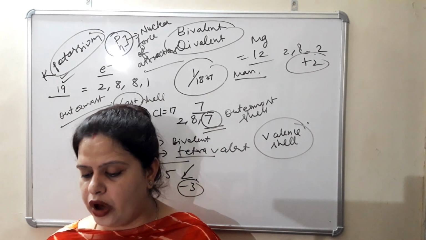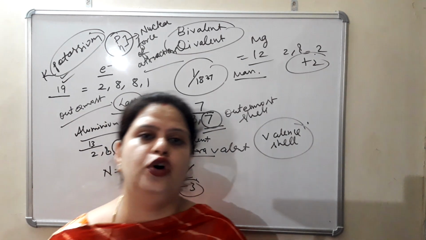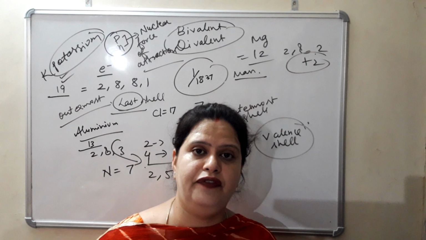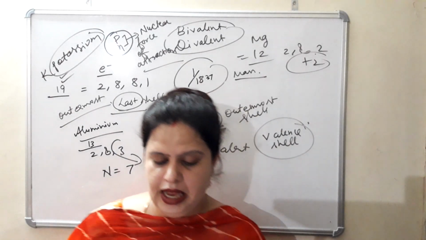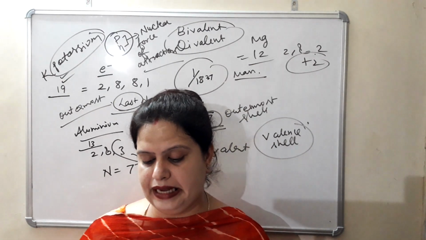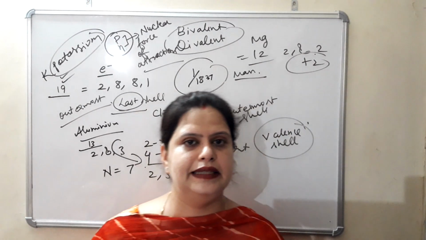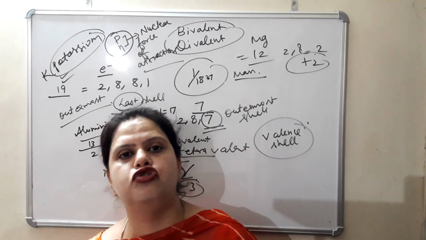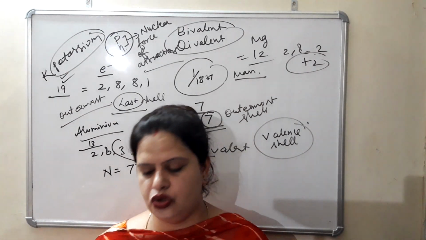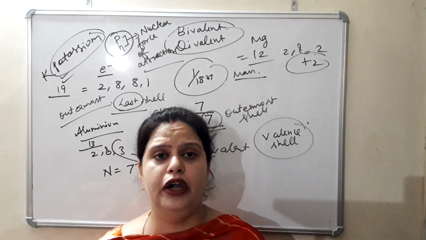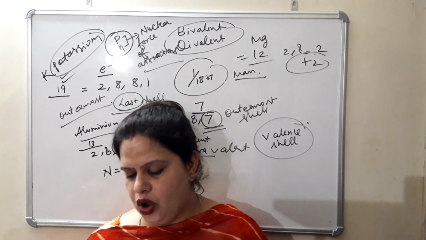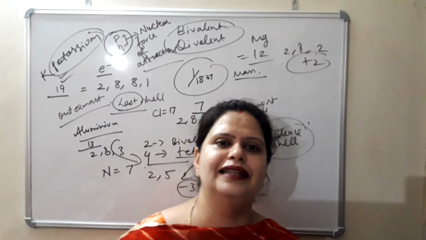The other name of orbit or shell: they are also known as energy levels because these shells are associated with a definite amount of energy. Next, F part is short answer type questions. Define subatomic particles, name them. Protons, neutrons, electrons are the subatomic particles. Protons and neutrons are present inside the nucleus and electrons revolve around the nucleus. You have to write this, and it's better if you also draw the modern atomic structure along with it.